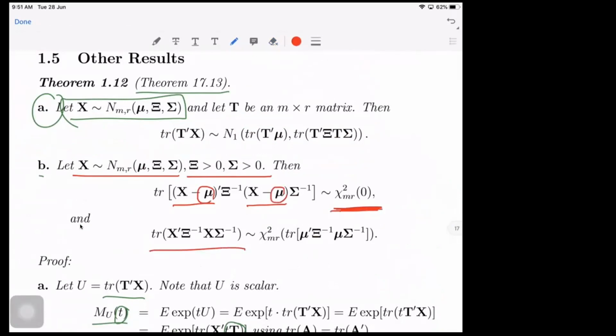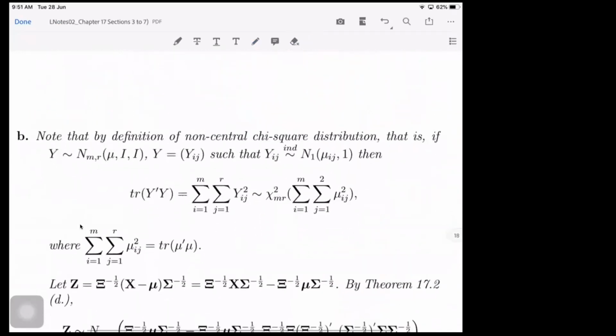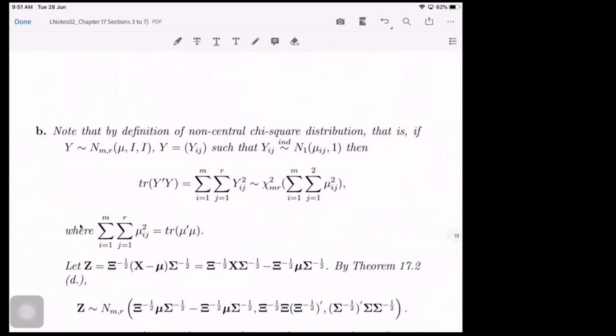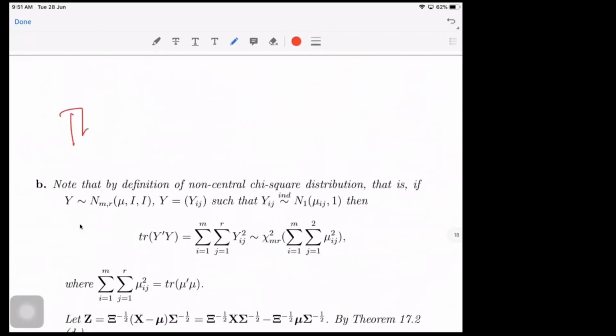If it is not subtracted from mu, then it becomes a chi-square non-central. Okay, so that's the next result. Let me see if we have a proof here. Yes, we have a proof, but this is actually similar to your theorem